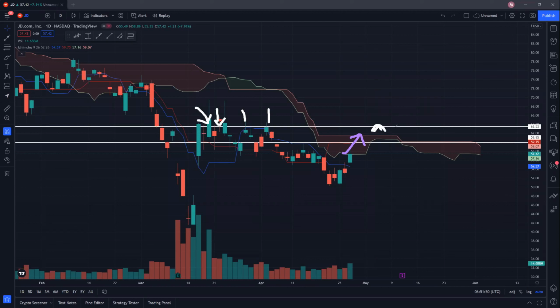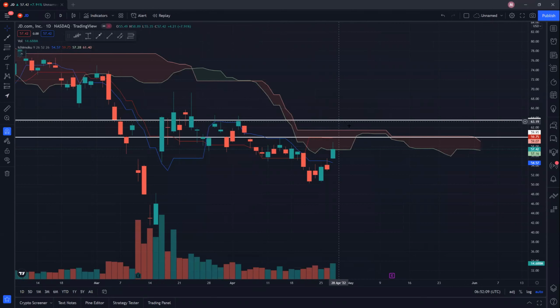What fake breakouts mean is that during the day the stock actually crosses a particular resistance, but finishes the day below this resistance, hence making a very long shadow, such as this candle here. So there is potential manipulation by the market makers. However, if we can cross this 63.50 with good volume, then I expect that this particular high of 69 may